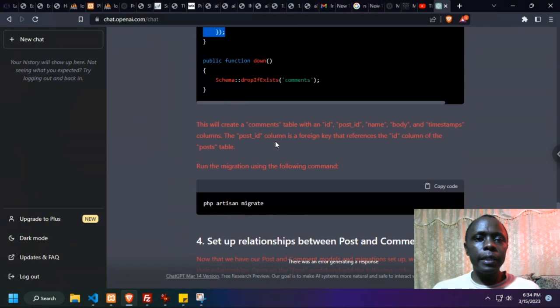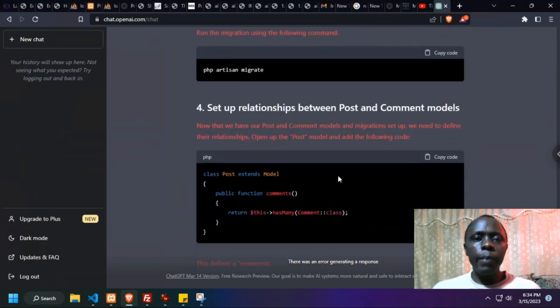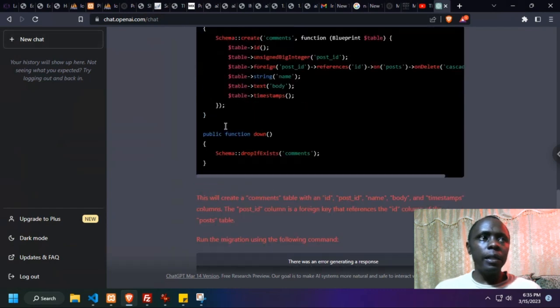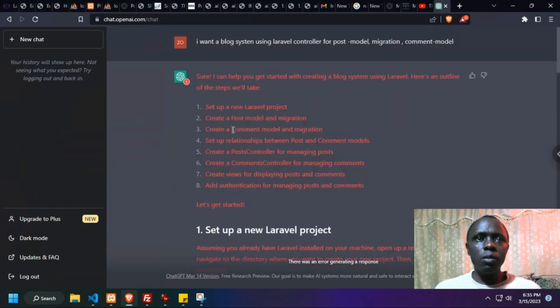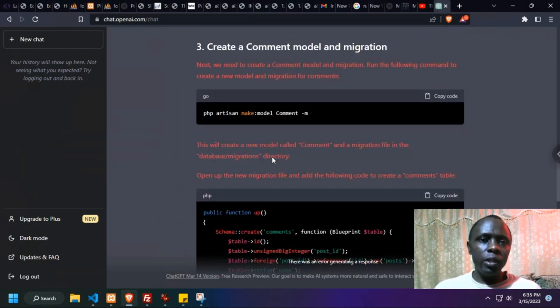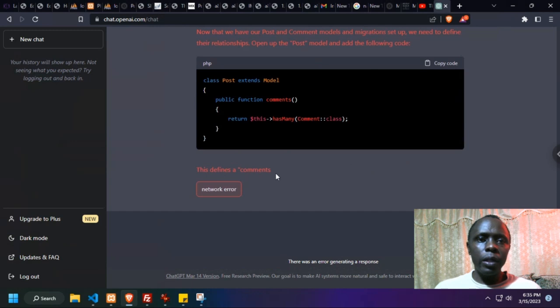Next, we are going to do the migration. This is where the migration comes in, and this is where the relationships come in. Let me try to repopulate this question again. So that is the relationship. It means that we are going to have